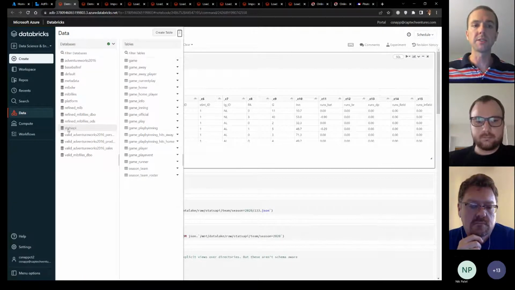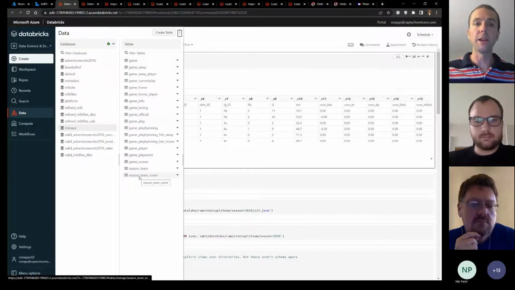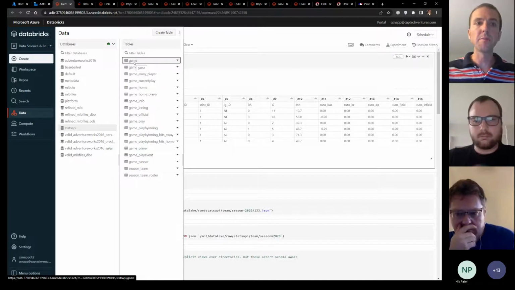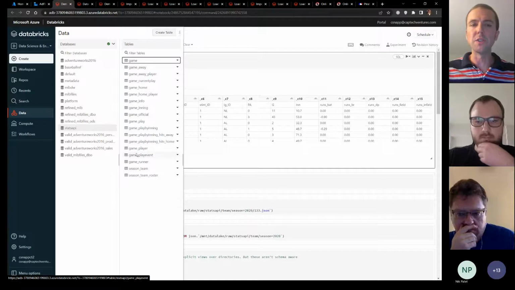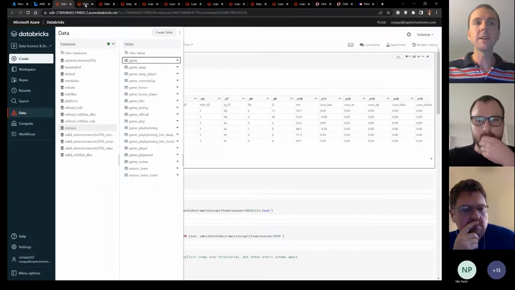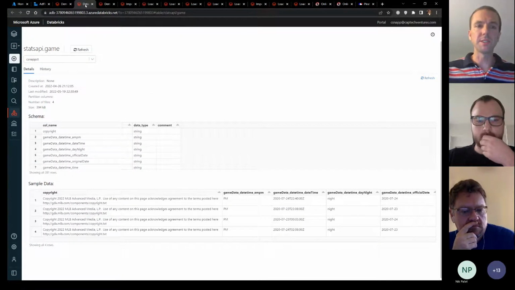So each of these databases has a series of tables, and then I can pick. So this is Stats API. This is going to be my valid demo area today. And so these are all the tables that I'm exposing out of my MLB JSON files. So you can actually click on the game table. One thing that's not great here is views and tables look the same, but they're basically all just exposed as queryable entities. Databricks itself doesn't seem to give you an icon or descriptor.